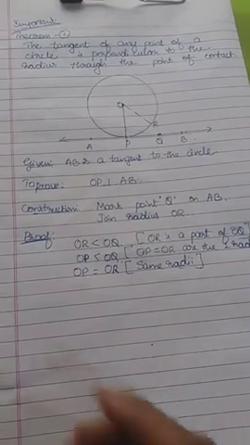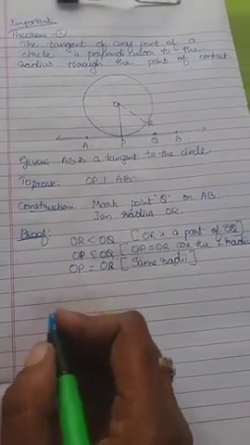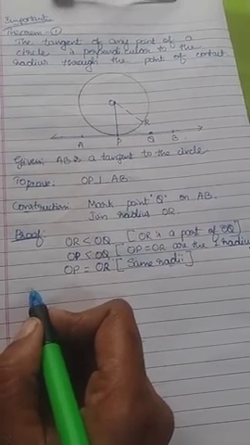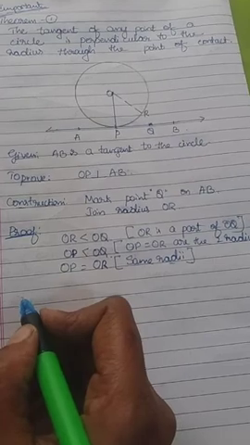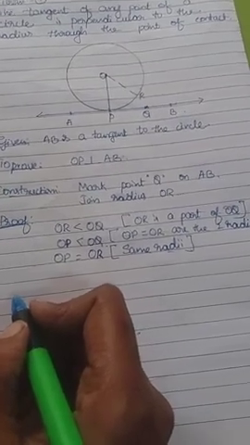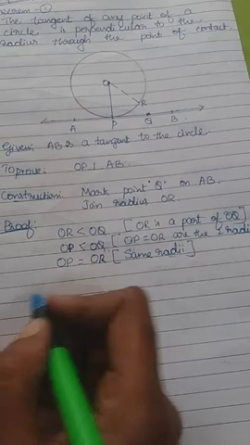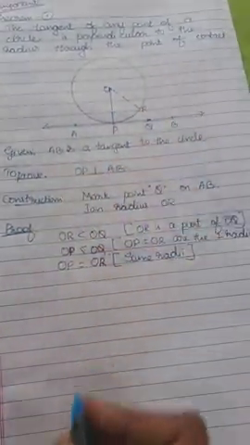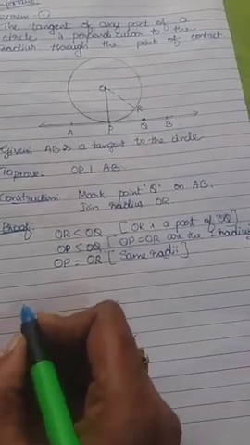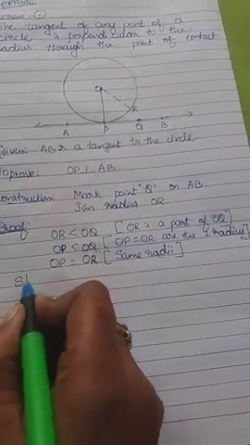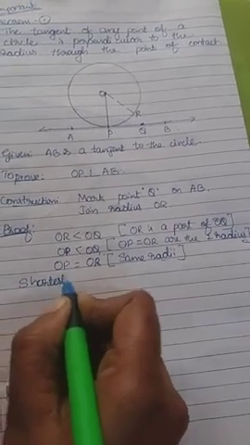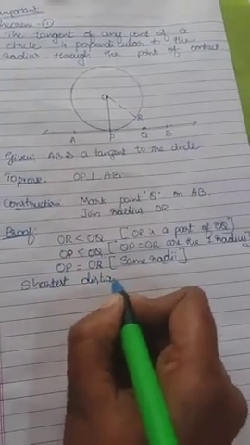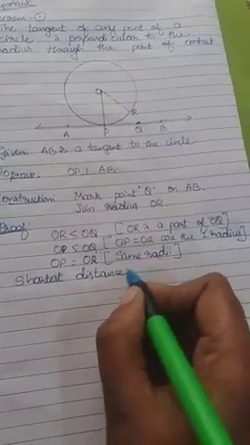OP equal to OR. Okay, so there is one point: the shortest distance between a point and a line is the perpendicular distance. That is the one thing. So if it is the shortest, that line is the perpendicular distance. You should write this shortest distance. So that's why it is the shortest distance between a point and a line.